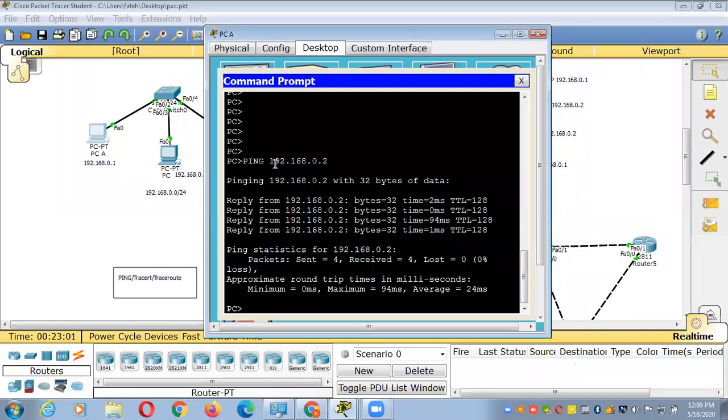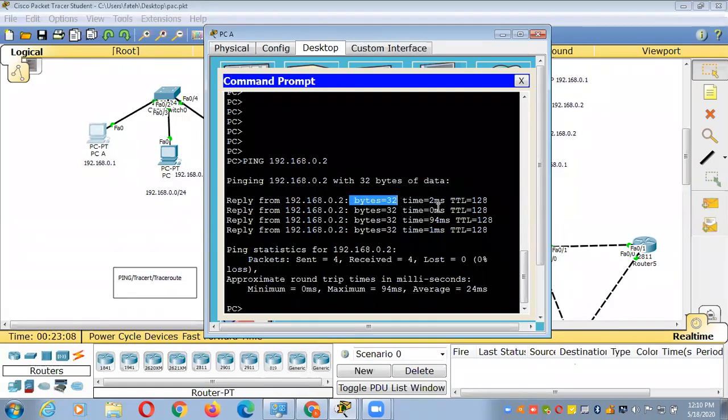So the message which I am receiving here is reply from 192.168.0.2. What does it mean? It means that my logical connectivity between these two computers is okay. But what is this?